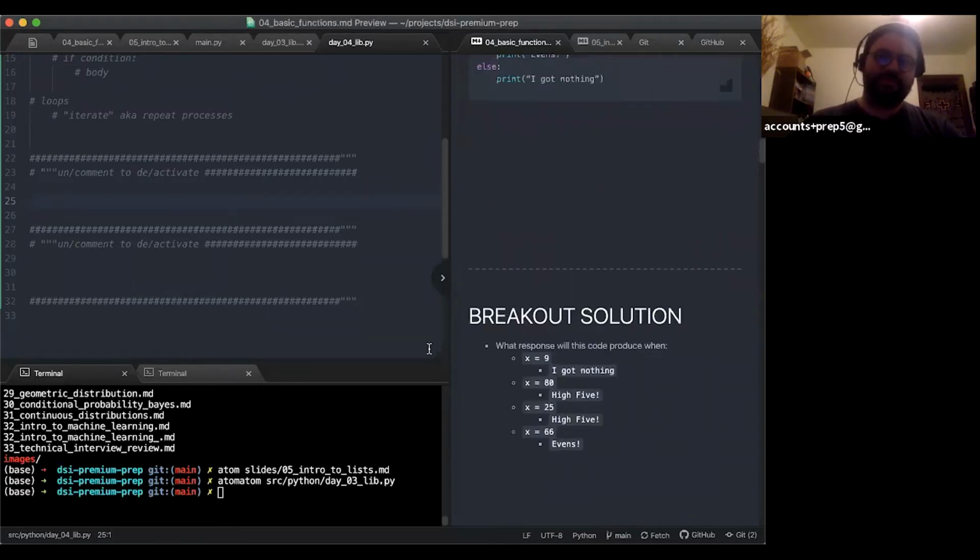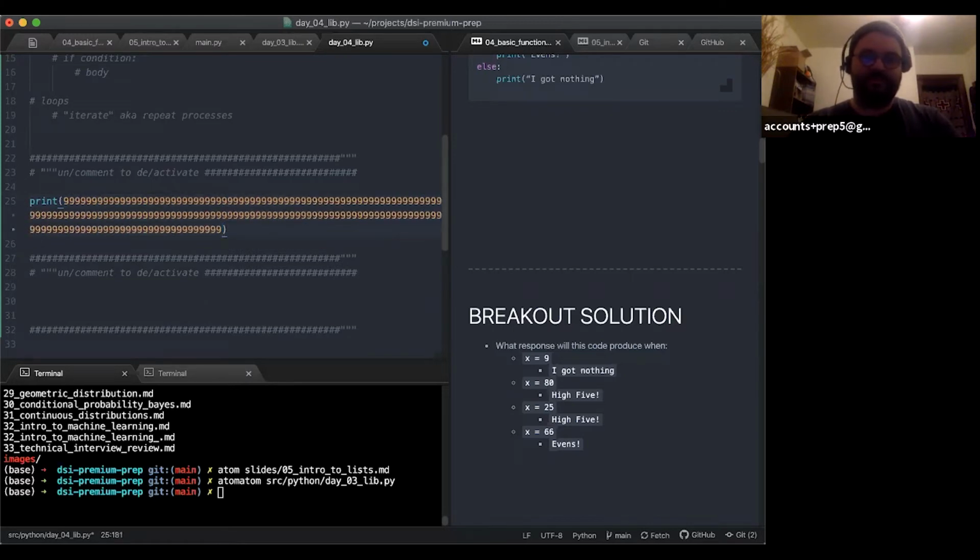So the question about overflow and underflow. Overflow happens with integers. Integers will overflow. It just means representing a number that's too large to be represented in Python, and I'm not even sure how to. We don't really talk about this because I think it's a pretty extremely massive number. Let me just try this. So if I do this,